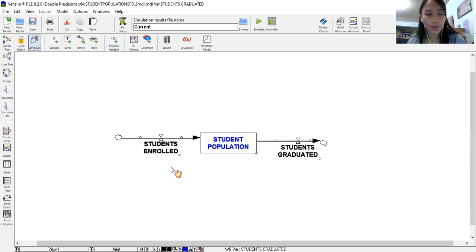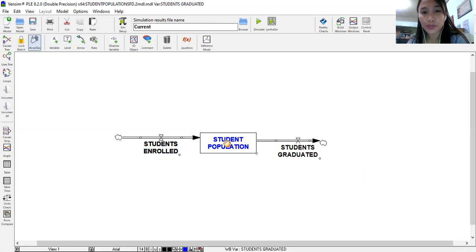Then students enrolled is affected by a certain variable, let's say enrollment rate, which may not be reflected in our causal loop diagram, because in SFD you can do the diagram more concisely and in more detail. You can add variables here which were not presented in the CLD, as long as you know what the units will be, because later on you need to add or subtract the elements. You can combine, integrate, or differentiate the elements. So you need to have a uniform unit,